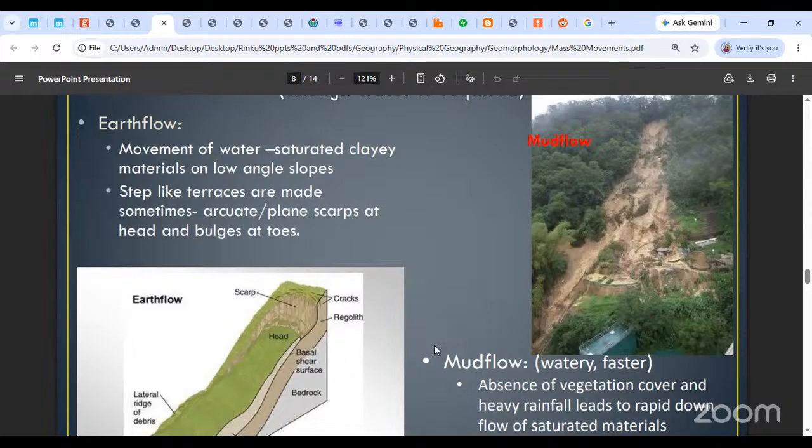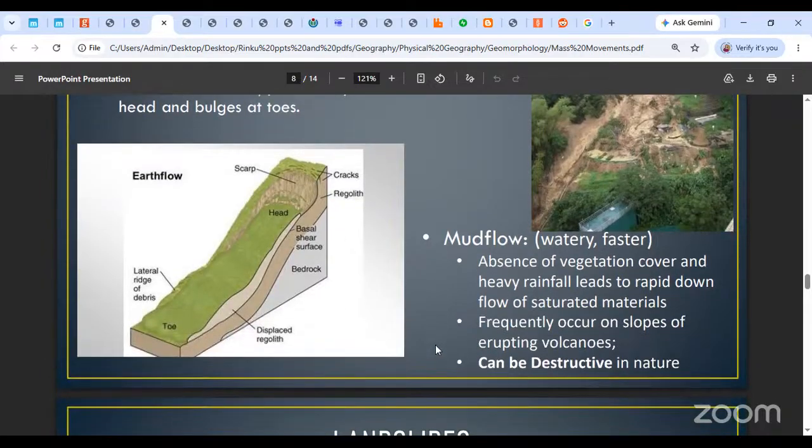It is trying to bury the vegetation and everything else in its path and make a way forward. Usually mud flows happen in a place where there is an absence of vegetation. Like we just discussed, Marin, since there was indiscriminate removal of vegetation on the hillside, all that mud that used to be attached to the roots of the trees was now free to move, and that mud started moving downwards.